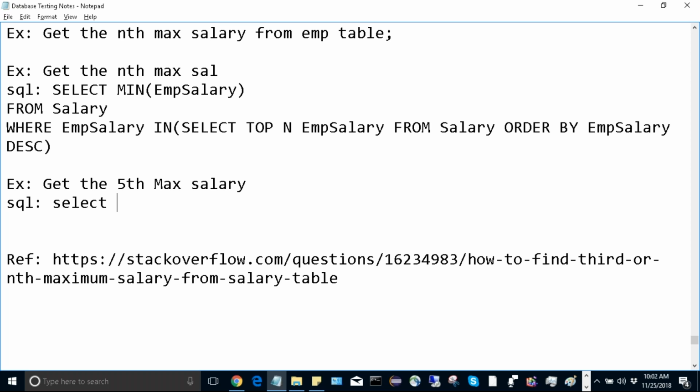So I would call the first copy of employee table as A and second copy of employee table as B, alias names. Okay. So a.empid, a.ename, a.sal from emp table A, where,